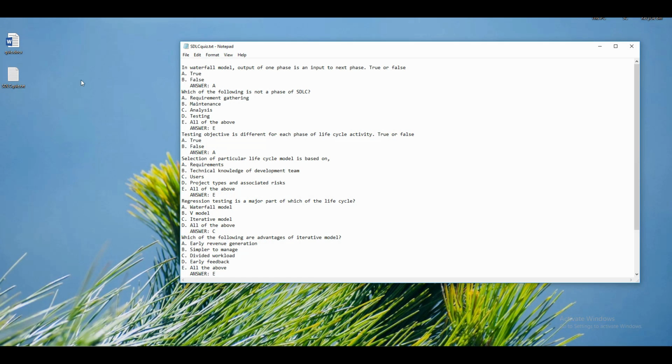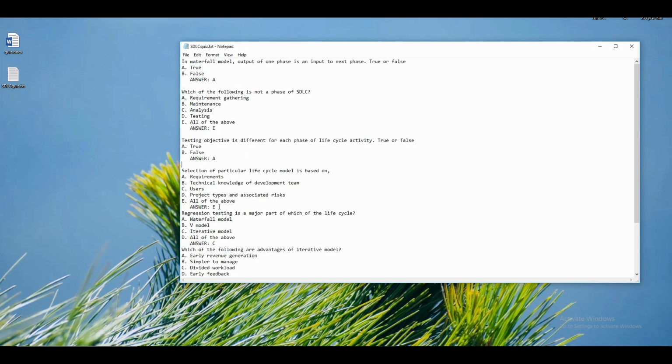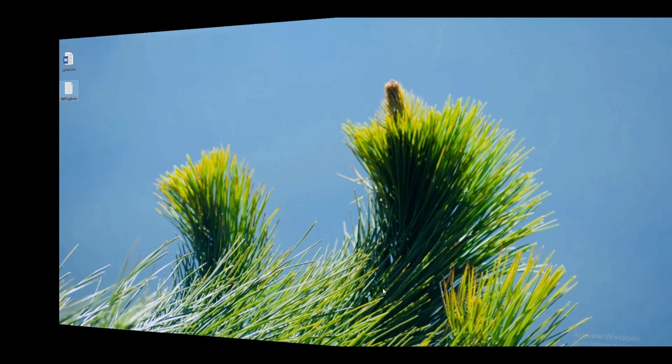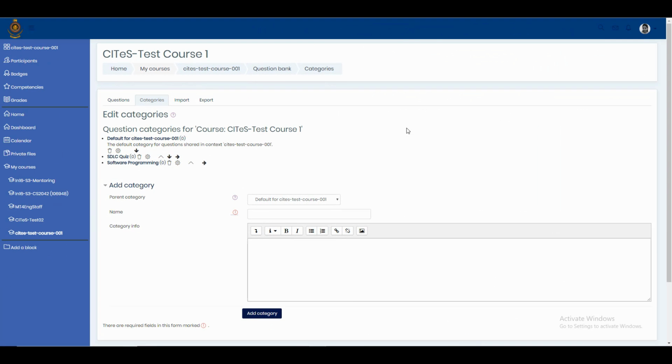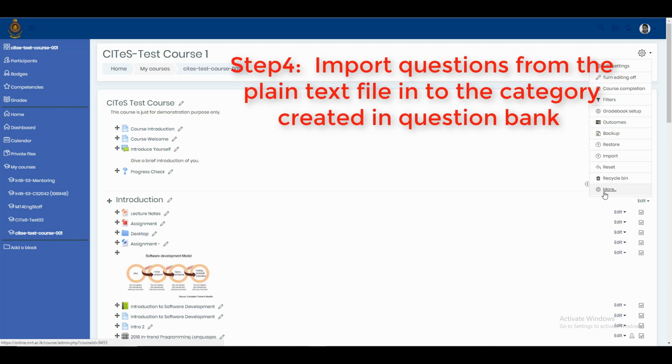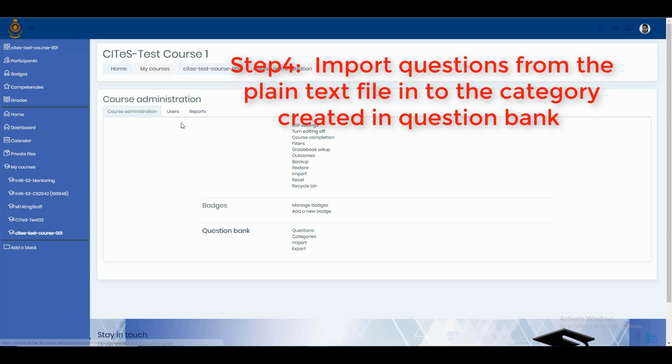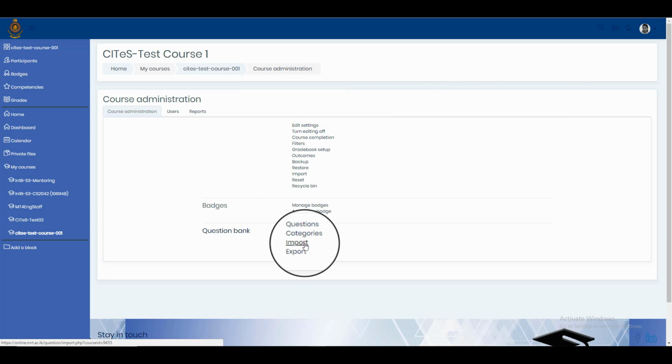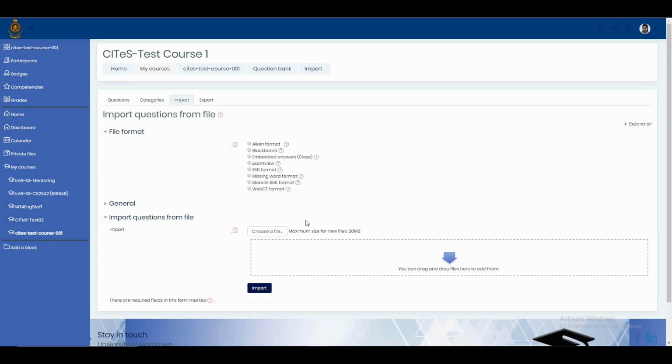I'm going to open up the text file and double check that all are clean and neat. Go back to the course administration and then under the question bank click on import. Select the file format as Aiken format, and this is very important.